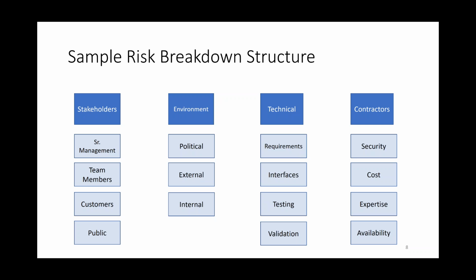So that's an example of a risk breakdown structure of how you have the main buckets and then each of the subsidiary ones. And you break them down until it makes sense. For instance, if we look in technical and you see requirements, you could have a bucket of another breakdown that says stability. You could have another one that says clarity. Another one that has completeness.